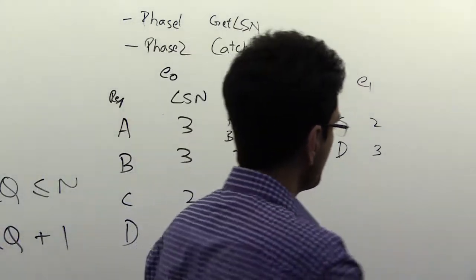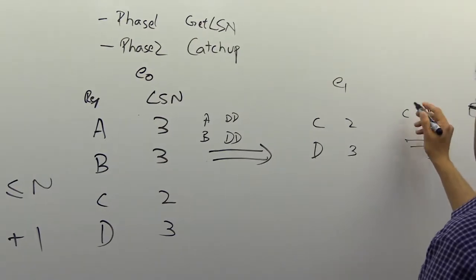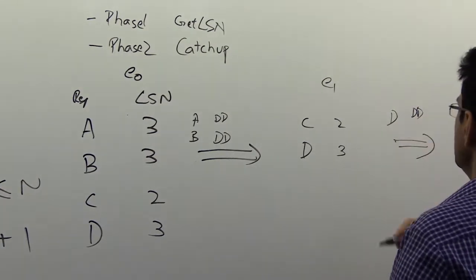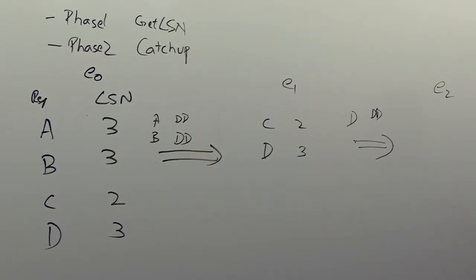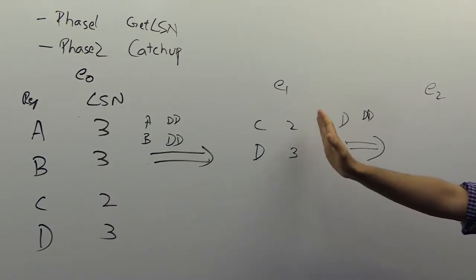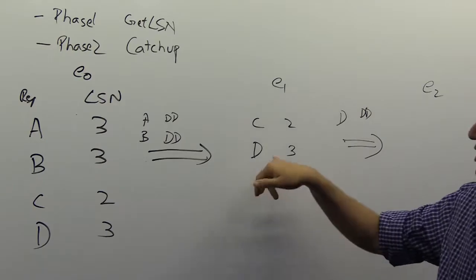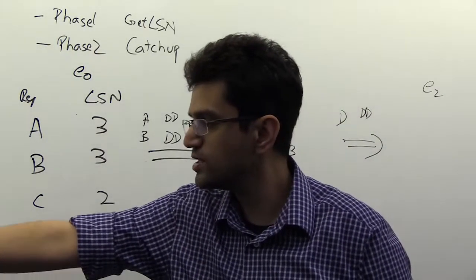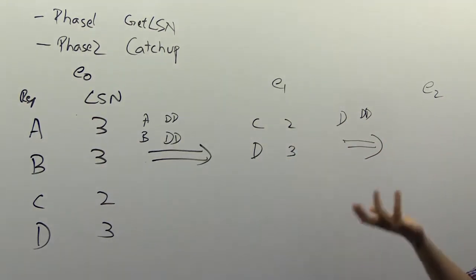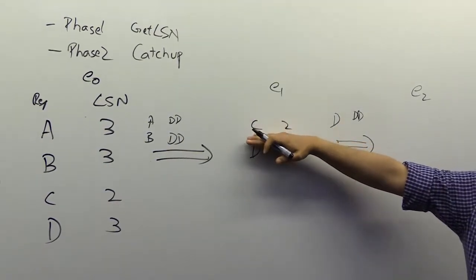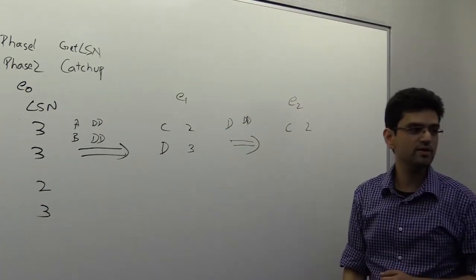Now let's say from here, D gets dropped. Now we're going to have another reconfiguration, and in that reconfiguration, the get LSN phase is going to run. If n is 2 and your write quorum for n is 2, which is a majority, then you need one replica to respond to get LSN. And since C is there, C is sufficient. So this reconfiguration will complete with C having LSN 2.